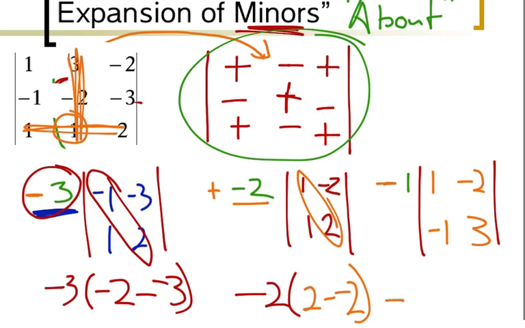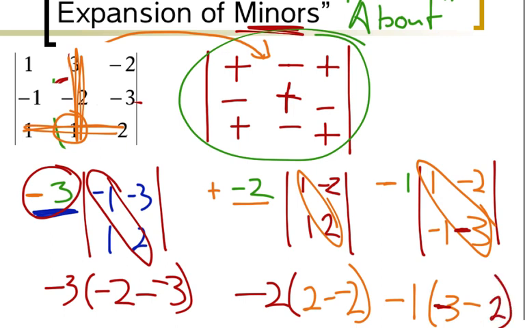And then I'm going to take my -1 and times it by my 3 minus -2 times 1, which is going to be, sorry, I lost a negative sign on that 3 there. That's supposed to be a negative. And so that's going to be negative there. So it's -3 minus 2. Okay. So now,